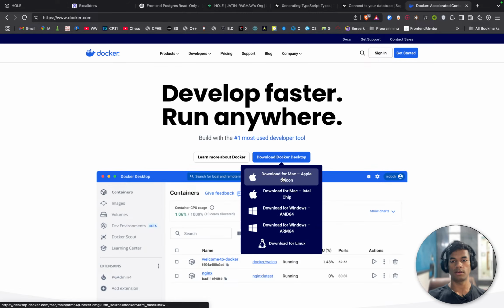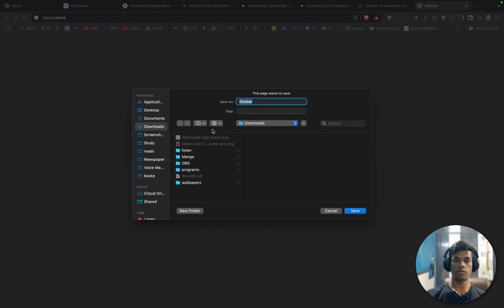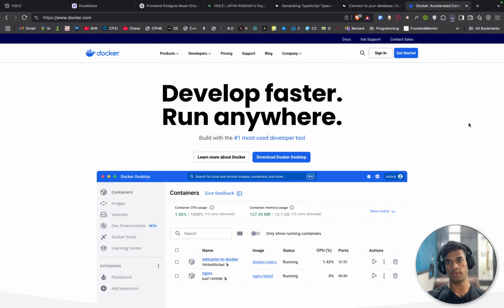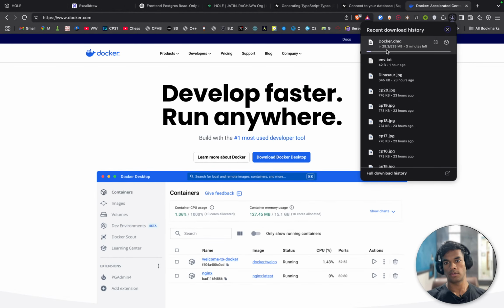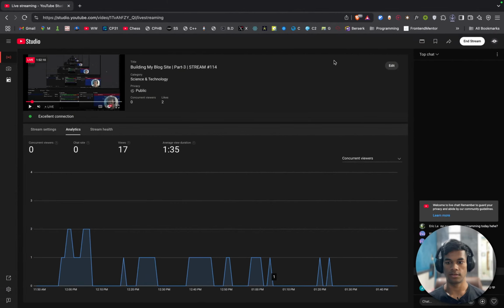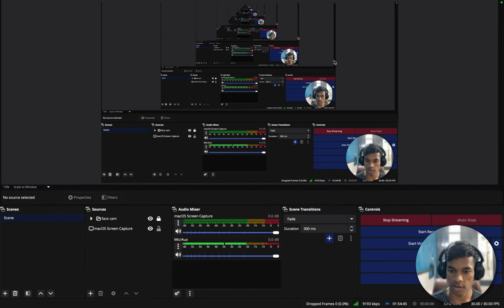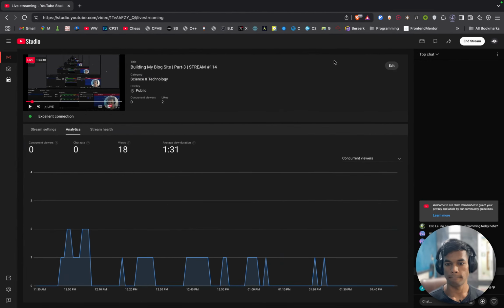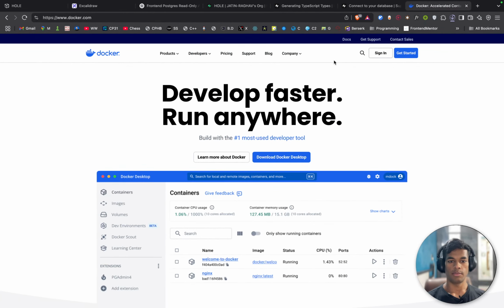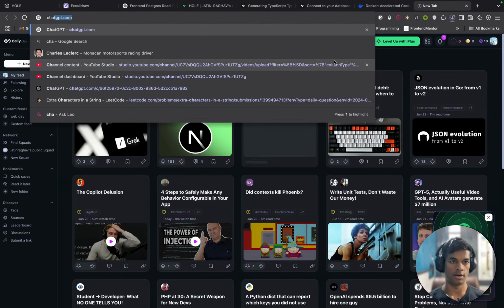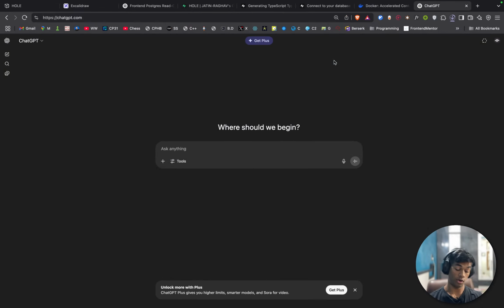For Intel Mac Silicon. That is what I have. Downloads, programs, save. 500 MBs. Okay, I suppose that will not create a problem here. Upload speed is fine. Still, that is cool. In the meantime, let's understand what Docker is.